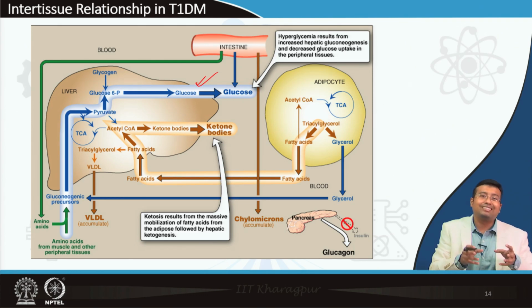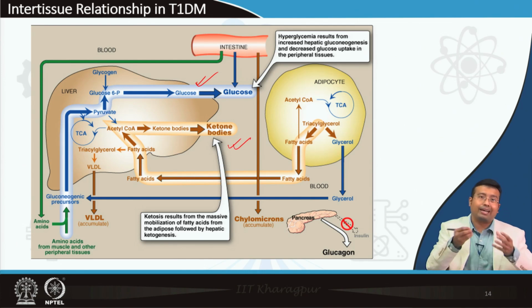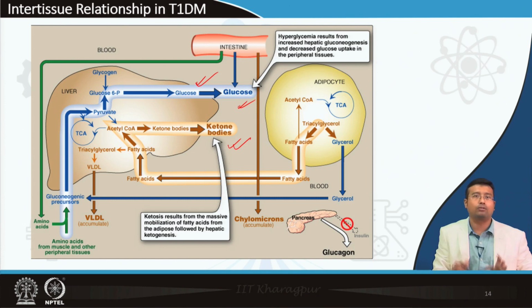Why? Because oxaloacetate is a substrate for gluconeogenesis, it is being used up. So the TCA cycle is not functioning, and that is why all the acetyl coenzyme A is now diverted towards production of ketone bodies. So there is excess glucose and excess production of ketone bodies. This happens in the cell as well as in the liver,